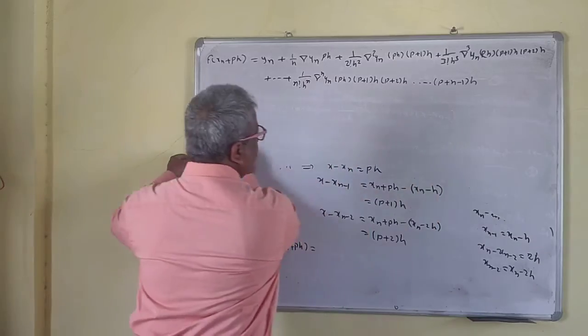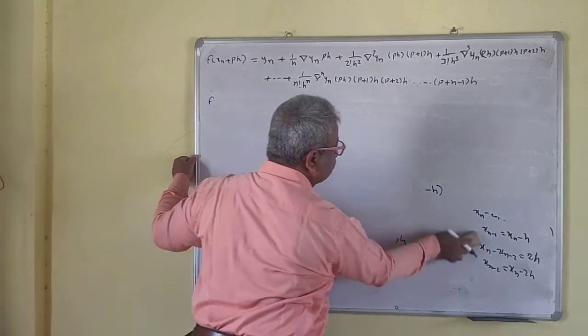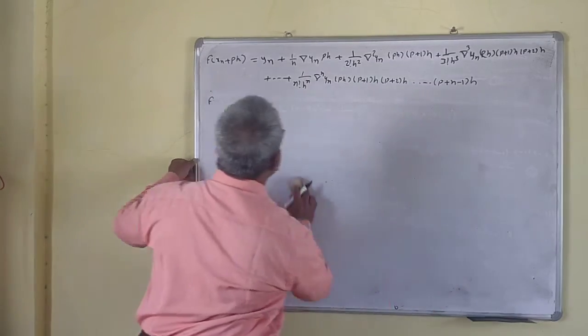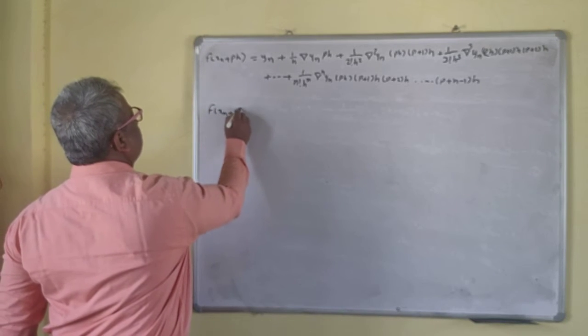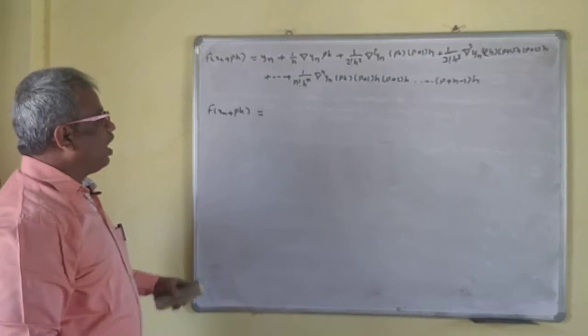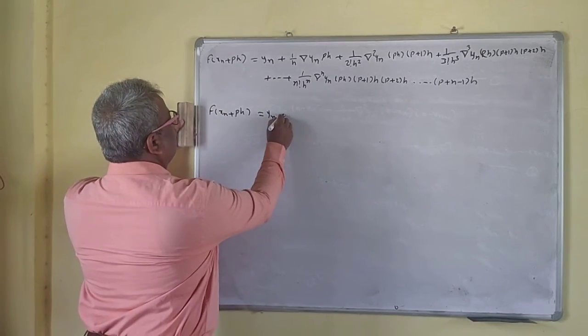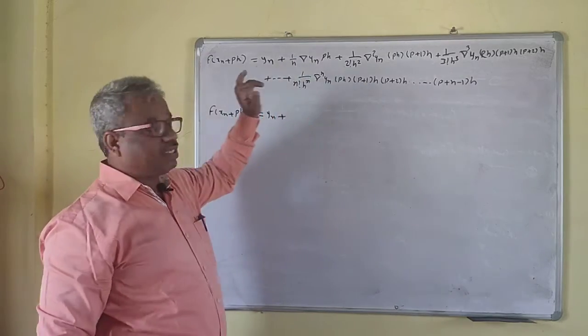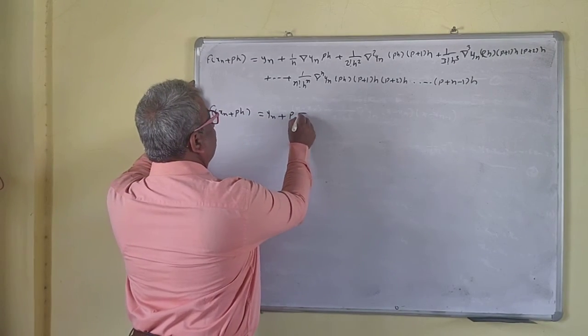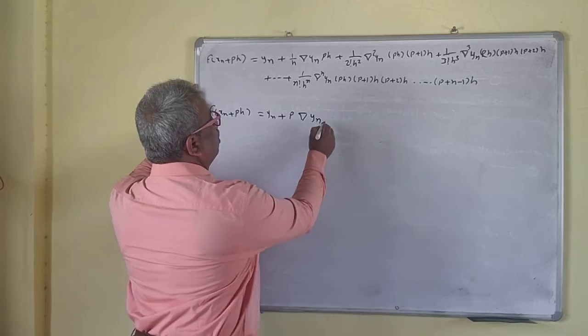Now we'll simplify this. So this is f of xn plus ph. y will be as it is, yn plus p, so your hs get cancelled. See, hs get cancelled. P backward at yn plus